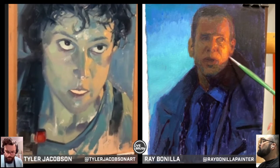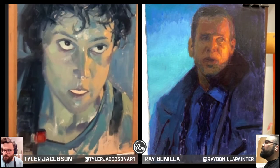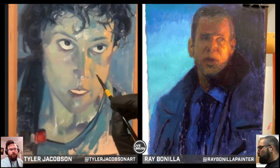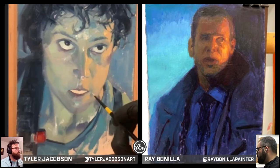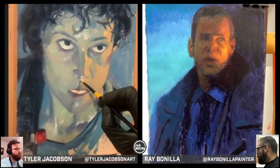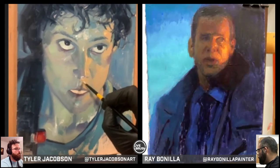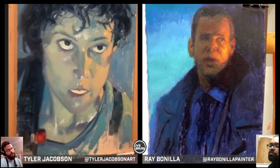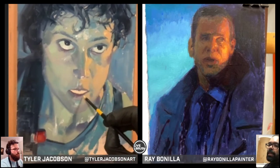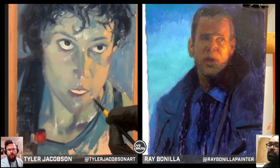Yeah, what we learned in school is basically that mediums are just possibilities, right? As long as you didn't run into any compatibility issues, you could pretty much swap. When you're looking at an image, it's a collected set of decisions, and each decision you make is trying to get you closer and closer to a finish. So whatever medium can help you get there faster and as enjoyable as it is for you,